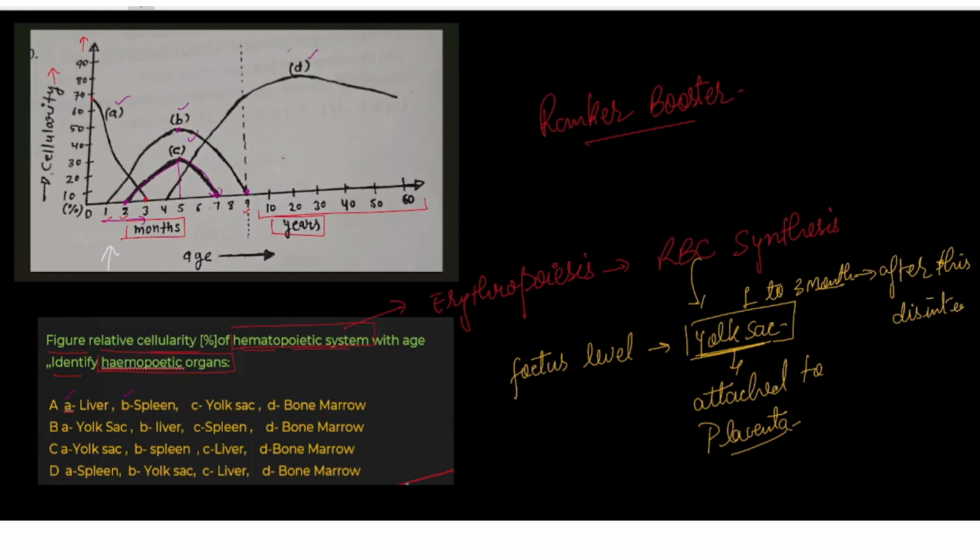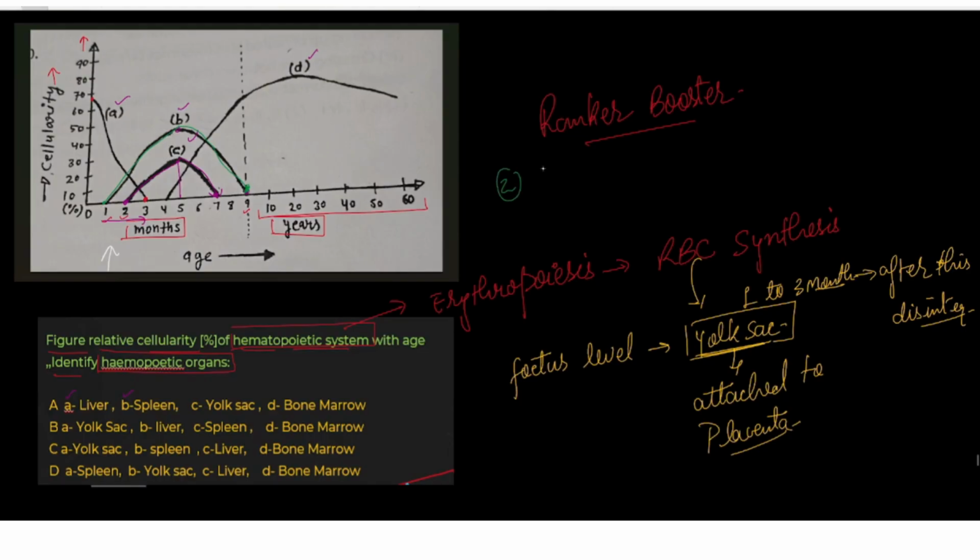Okay, and then other organs will start to grow. That means liver, lungs, kidney, heart. So all of them will start to grow. Here in the first month we have seen which was growing very fast, and then coming up to the 9th month, which organ is responsible for the erythropoiesis? That was the liver. Okay, that was the liver.